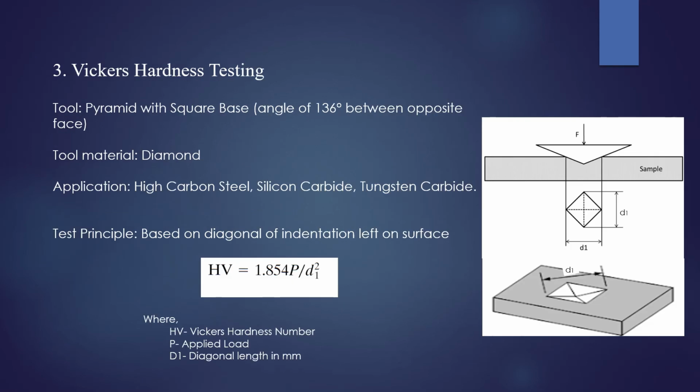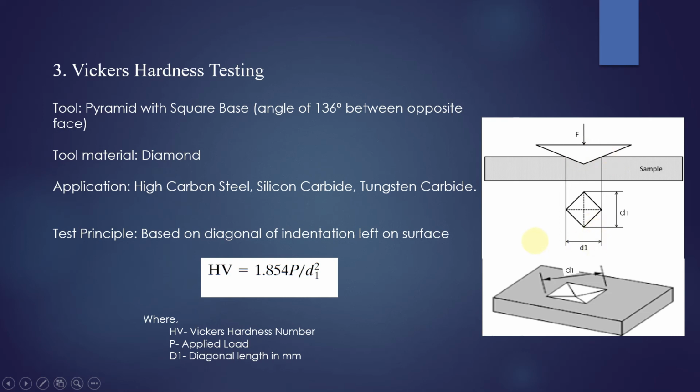And the next one is Vickers hardness testing. This Vickers hardness testing is used to determine the hardness of materials like high carbon steel, silicon carbide, and tungsten carbide. Just look at this tool, especially this indenter. This indenter is made from diamond, and this indenter is in the shape, I can say, of a pyramid with a square base. Okay, pyramid with square base, and its opposite angle of this pyramid is making